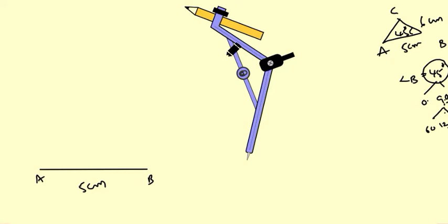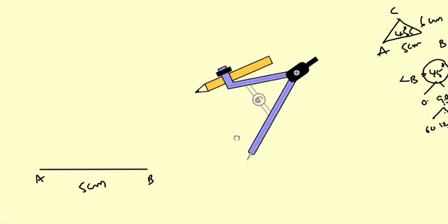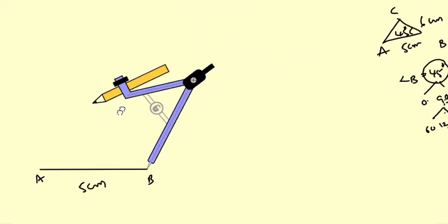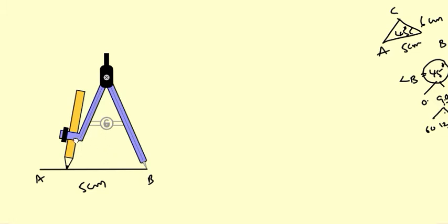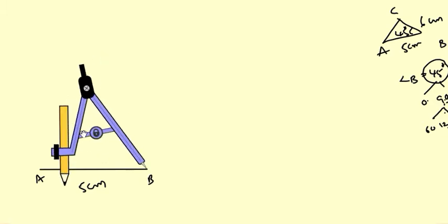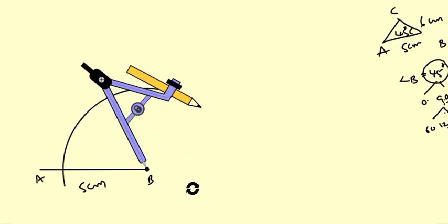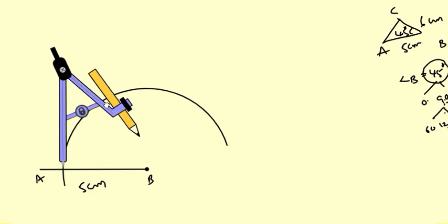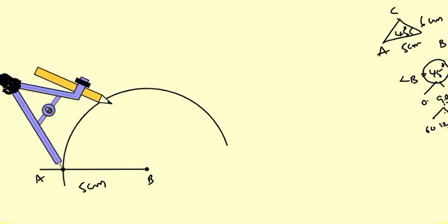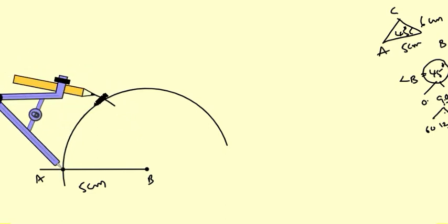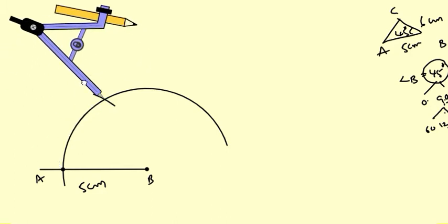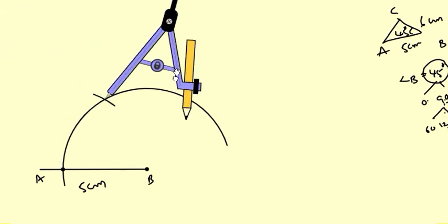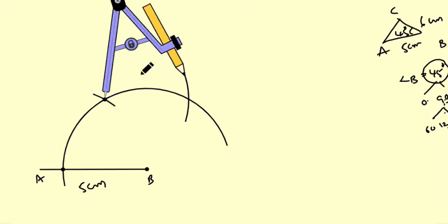For that, you should take the compass radius as more than half of the length of line segment AB. Now with B at the center, draw an arc. Now with the same radius, construct 60 degrees. So this arc indicates 60 degrees. Now with the 60 degrees point, we can draw another arc. Here we are getting 120 degrees.